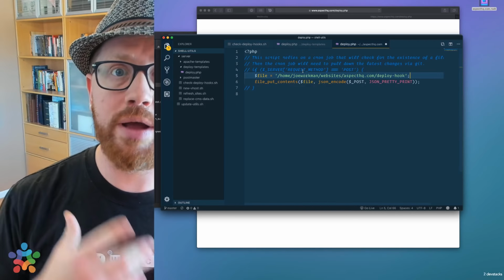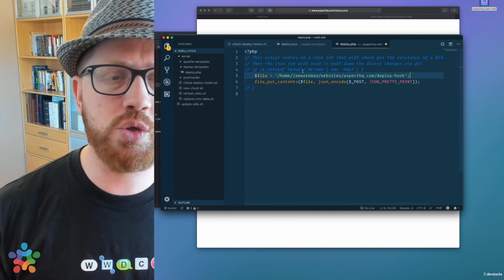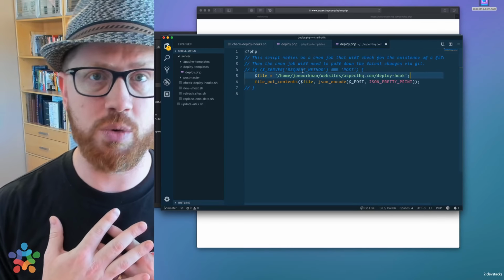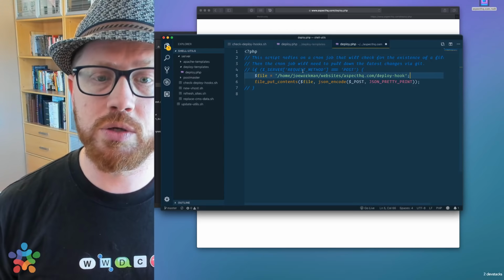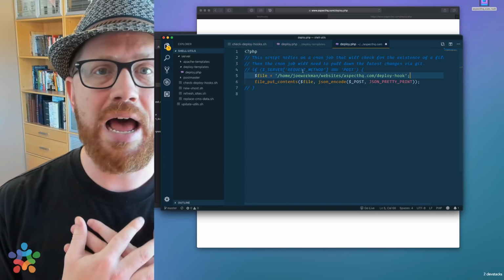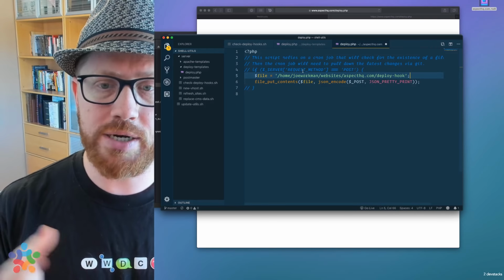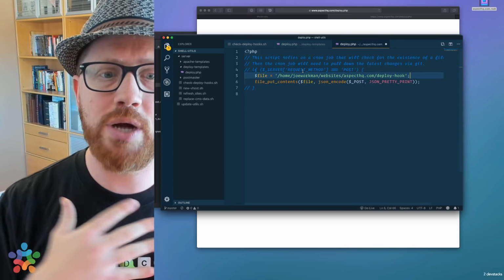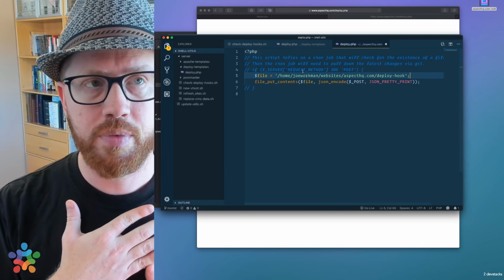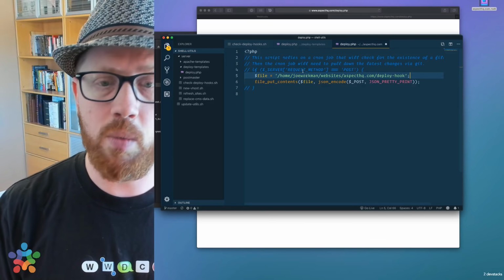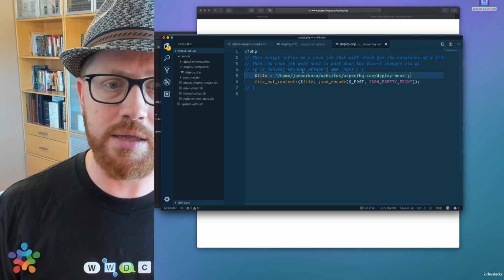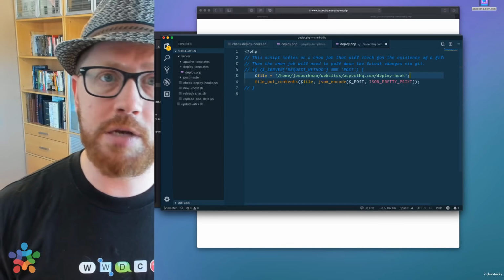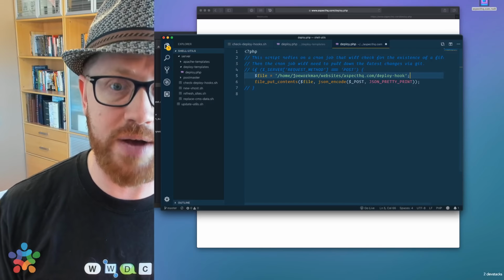The reason that didn't work is the way Unix works: the web server runs under a particular user, most of the time a user called www-data. Obviously I'm logged in as Joe Workman. In my home folder, just as on your Mac, only I have access to it. So when I tried to write this file into my home folder, it tried to create a file inside my Joe Workman directory. But what I need to do is create that file inside the public folder,